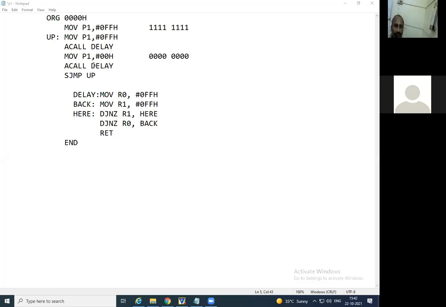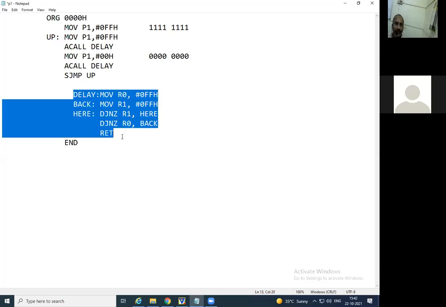Fine. Okay. Thank you. So we were talking about this particular delay. Why is delay always written in the program? Delay is needed to separate the on stage and off stage of the LED, because our eyes respond only within 1/10 of a second. If below that the LEDs are made on and off, our eyes cannot identify it. So that's why the delay is written. If for a few seconds it should be on, and for a few seconds it should be off, like that.